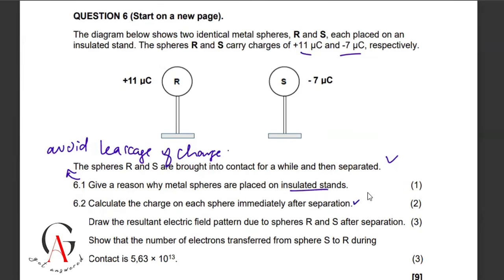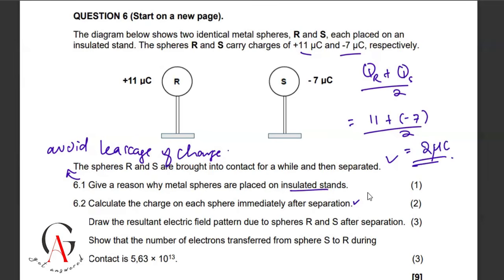So we're going to get the charge on R plus the charge on S divided by 2. So 11 plus a negative 7 divided by 2. That gives us a 6 divided by 2, which is a 3. Am I on the same page? No, it's a 4 actually, because 11 minus 7 is a 4, which gives 2 microcoulombs. All right, then